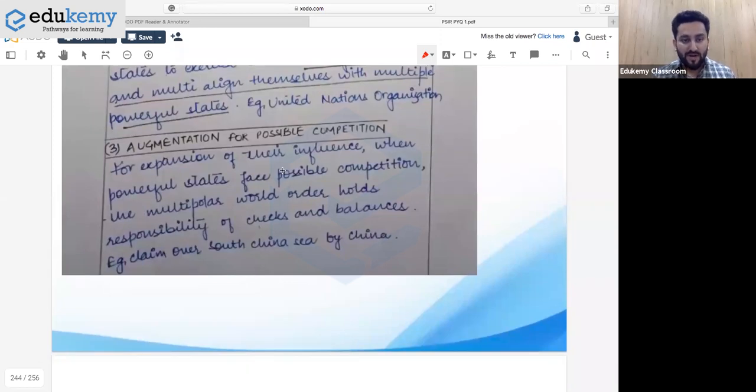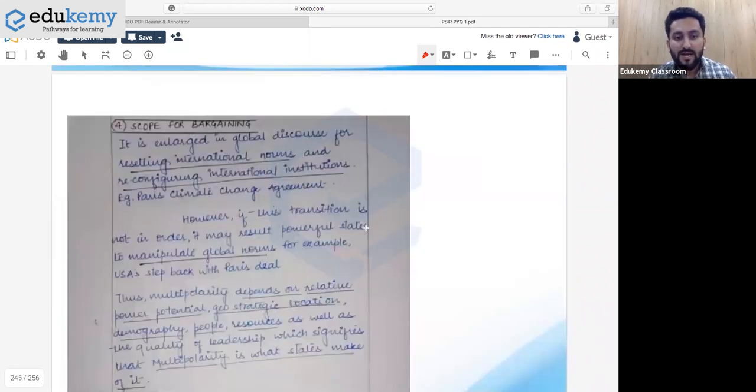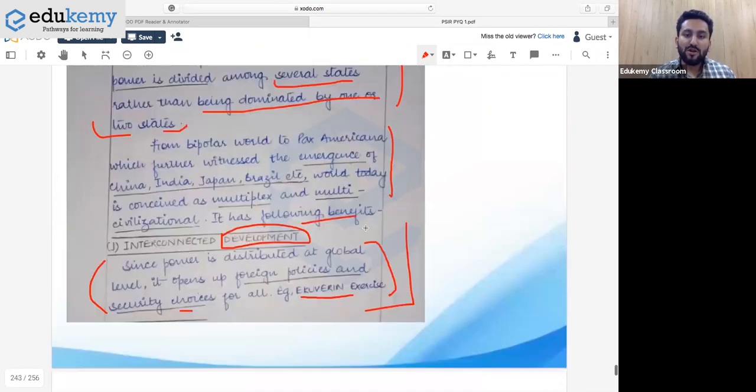Augmentation for possible competition, for expansion of their influence when powerful states face possible competition. The multipolar world order holds responsibility of check and balance. An example, claim for South China Sea by China. The scope for bargaining is enlarged in global discourse for resetting international norms, reconfiguring international institutions, Paris Climate Change Agreement. Okay, so you have used this, but don't you think the crucial point,